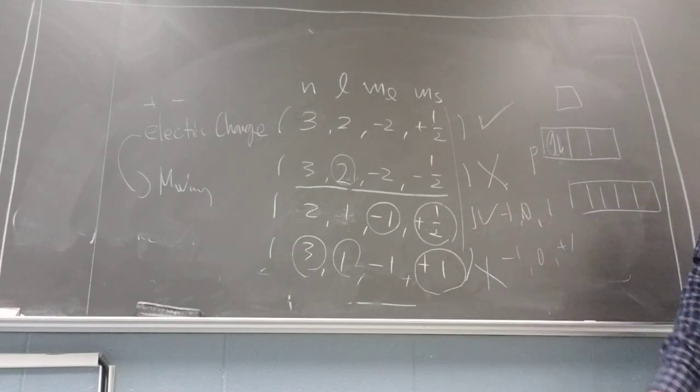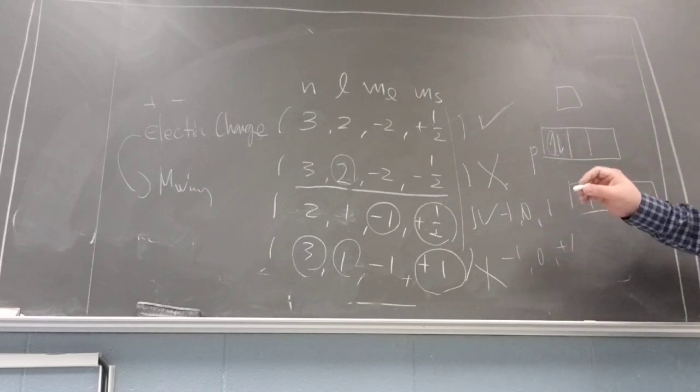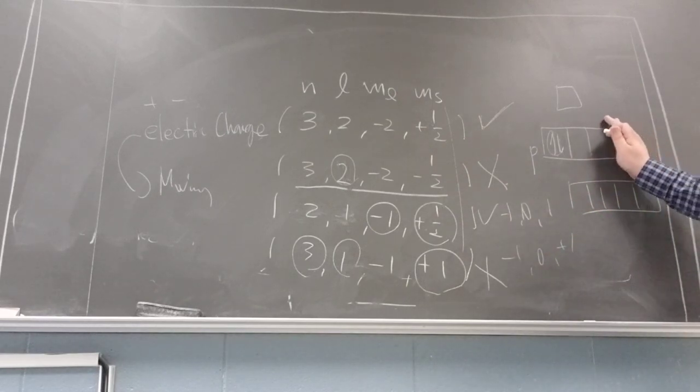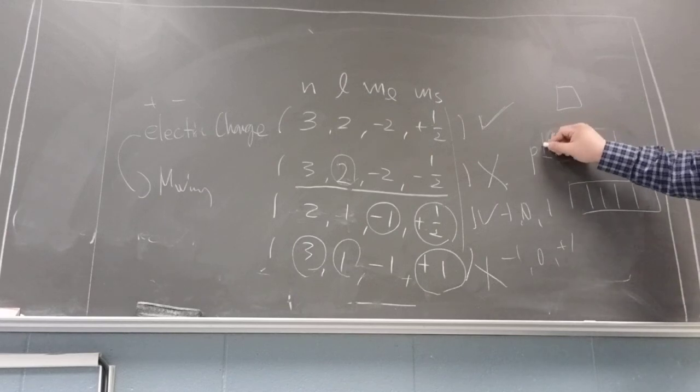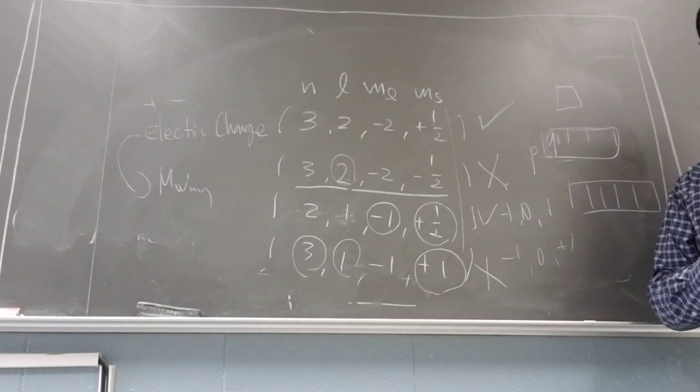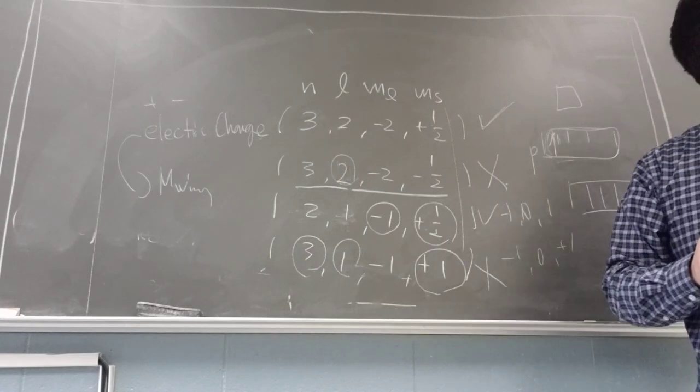Is there any way I can tell by the numbers given or no? For electron, yes, you can, but I'm not going to do that on the exam because I don't want you to do the counting of the electrons in each orbital and locating. I can do it, yes. For example,